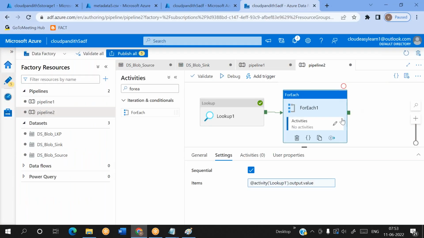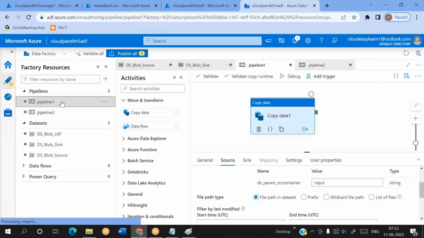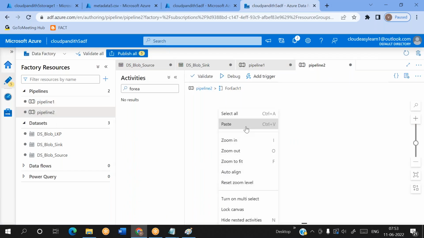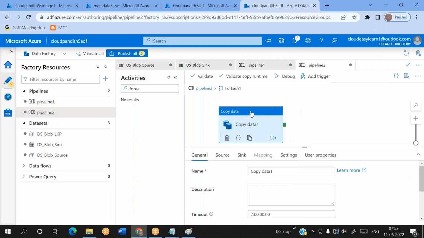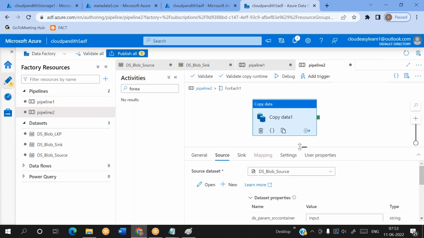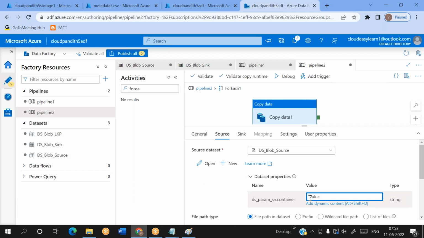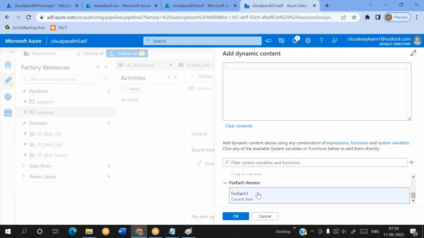Now you see, you go inside this for each, which will distribute the things. Okay, you are inside for each. Now go to our pipeline one, which you created. Right click on this copy activity, copy this, put this copy activity under this for each. Now this for each, instead of passing these container names manually, who is going to pass now? This for each. How? Simply you need to say item dot